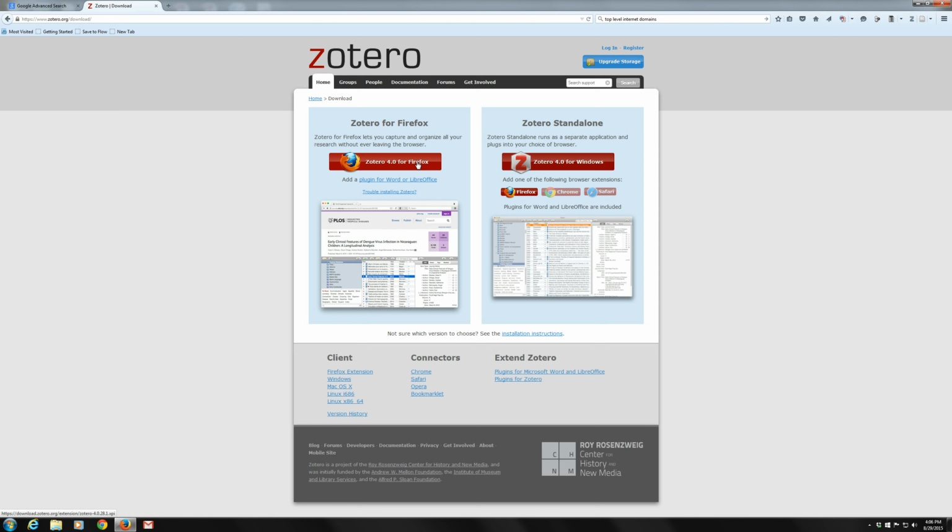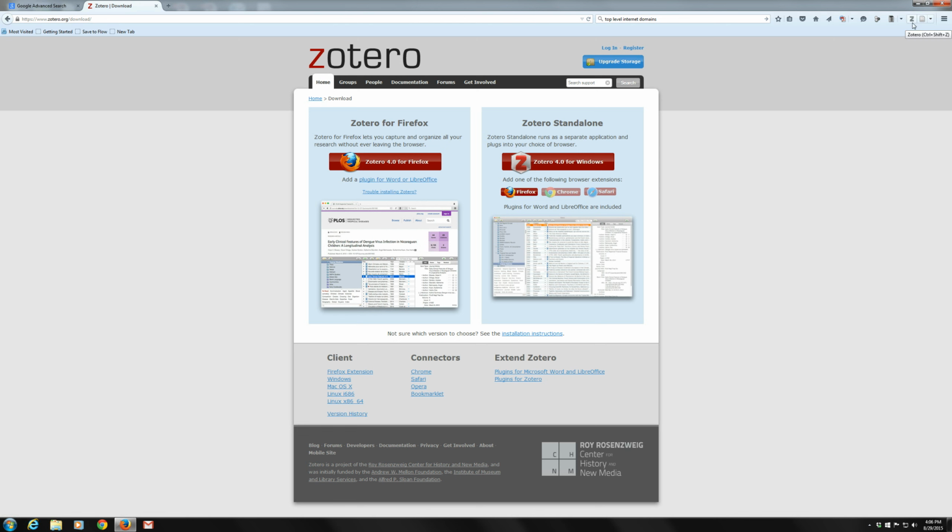It's going to install, probably takes about 15 or 20 seconds depending on your amount of bandwidth, your download speeds. It's then going to close Firefox. Come back here to zotero.org, and then click here to get the plugin for your copy of Word. So when all is said and done, you're going to see in your Zotero library, or your version of Firefox,